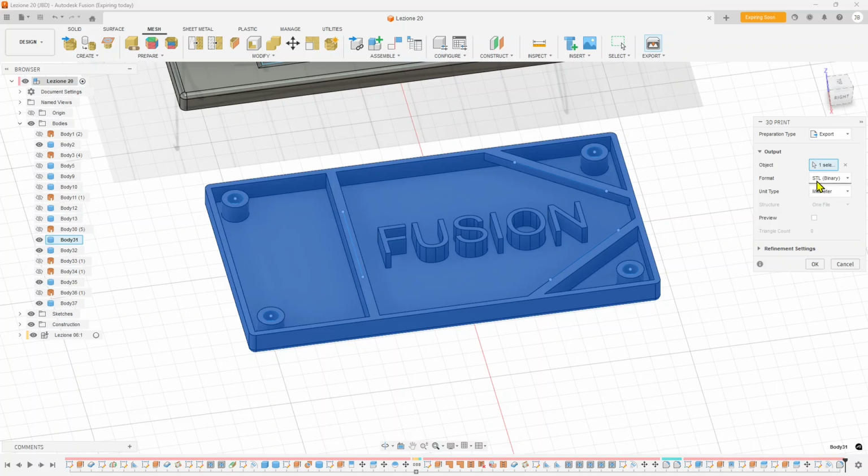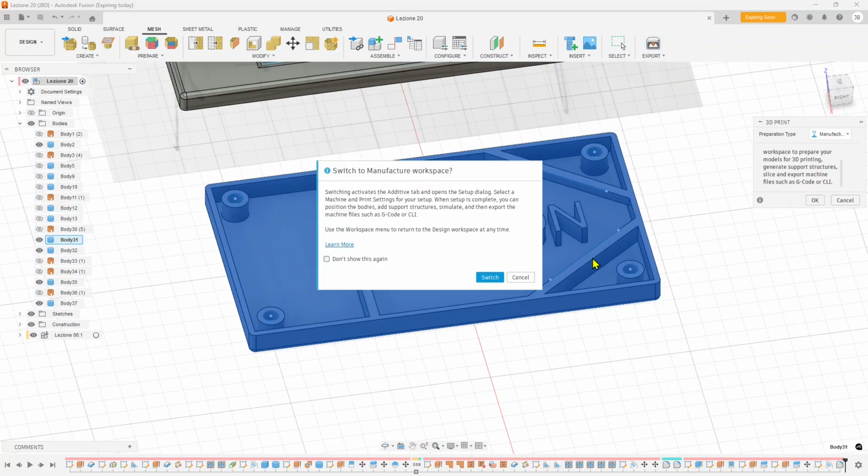So if you want, you can do that. Otherwise, if you want to simulate in Fusion, you can choose manufacturing. So you're going to export to the manufacture section. So if we say okay,